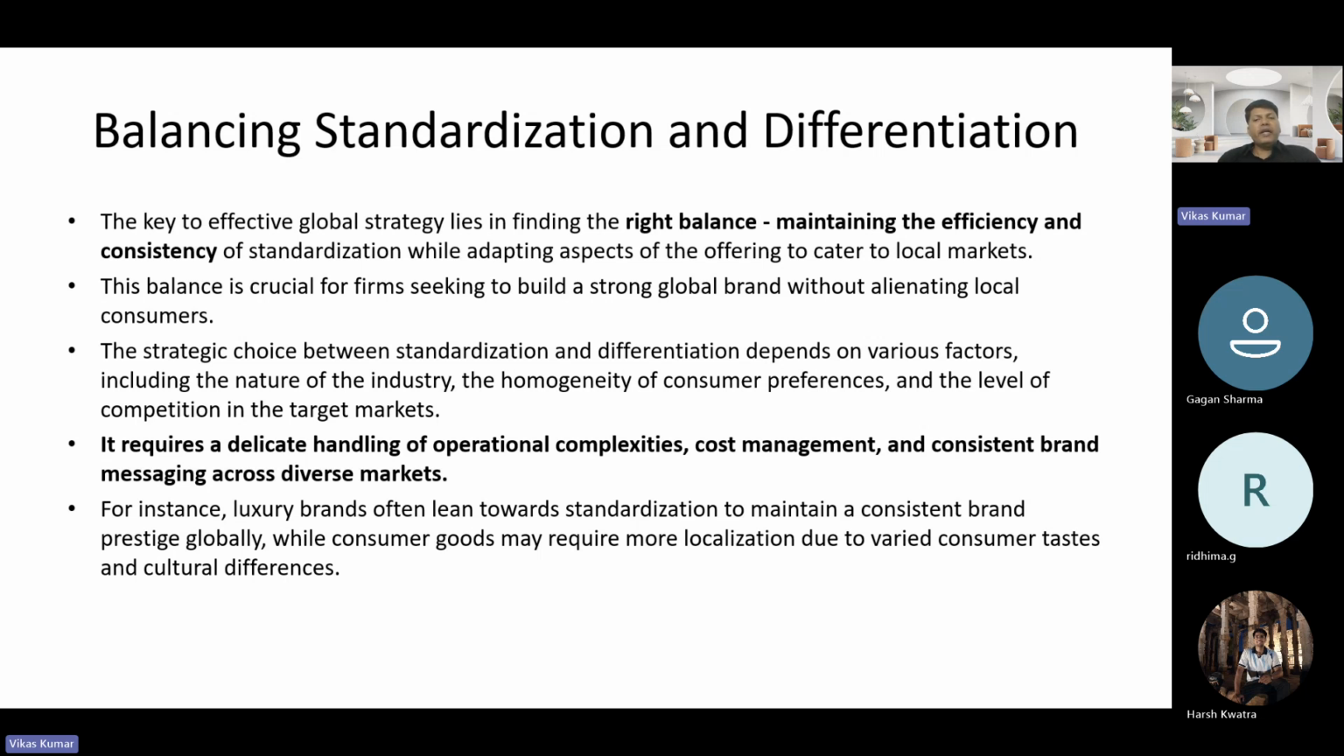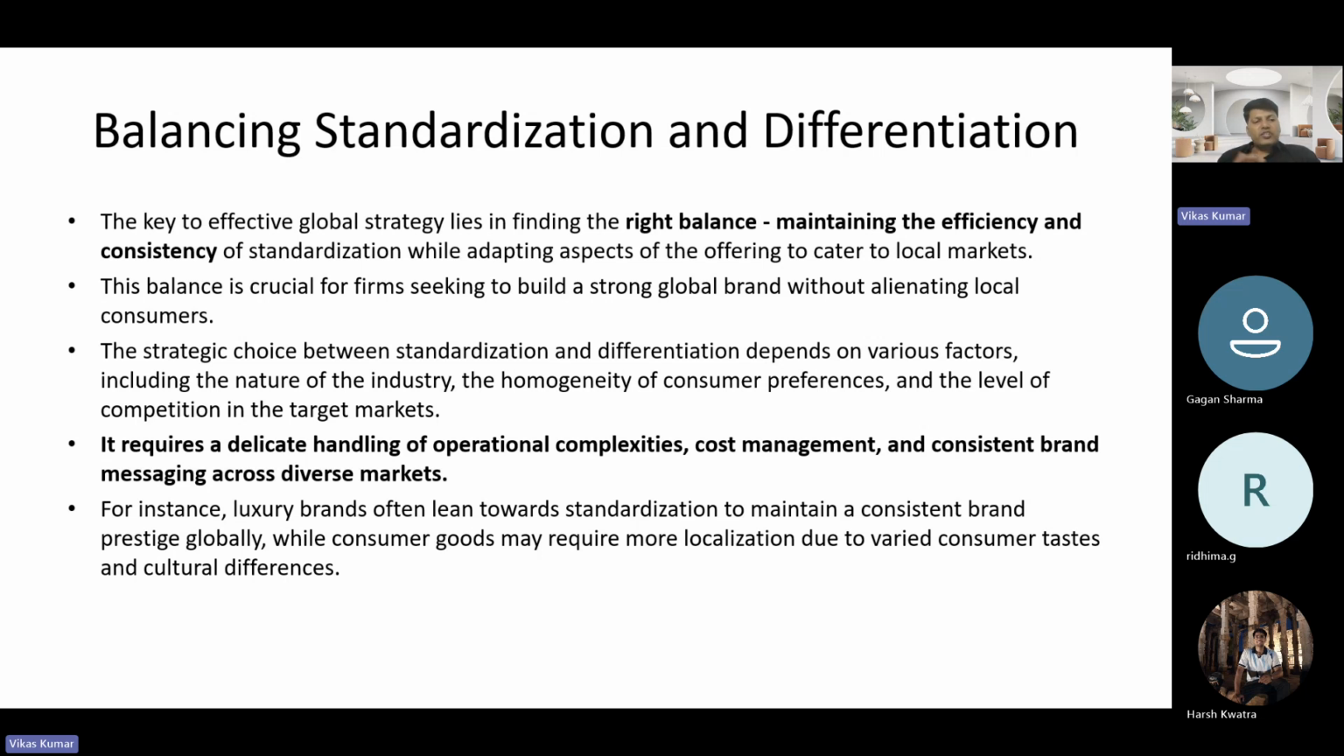Right balance means maintaining the efficiency and consistency of standardization while adapting aspects of the offering to cater to the local market. Balancing will definitely get your grip over the economy, also over the cost per unit. This will balance out the production and operational efficiencies. So balance is very crucial for firms seeking to build a strong global brand without alienating, without sidelining the local